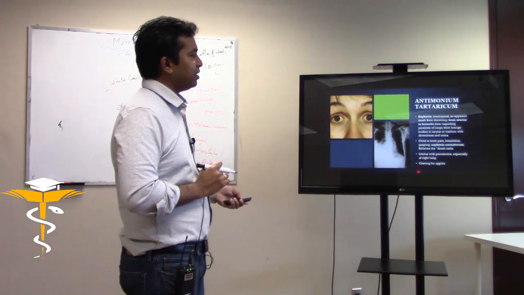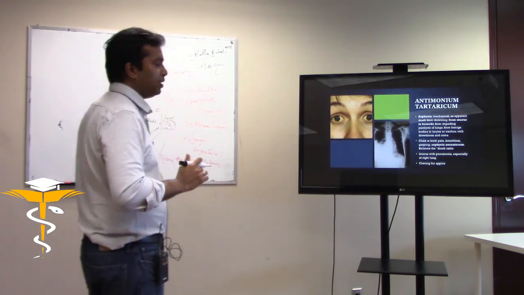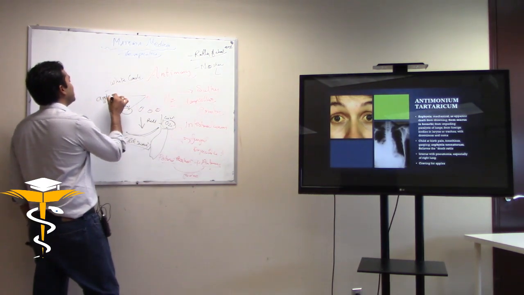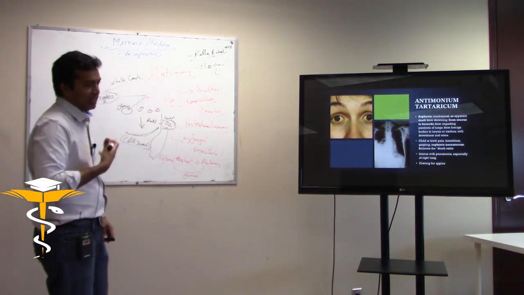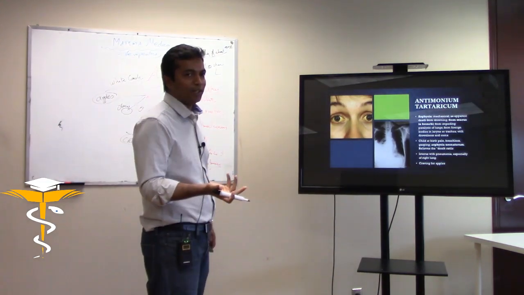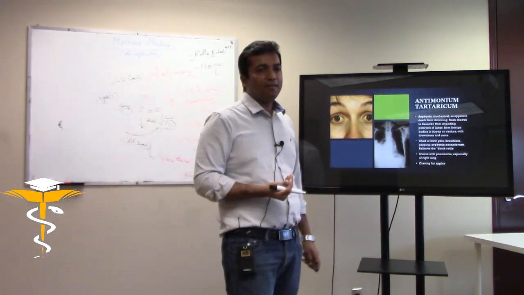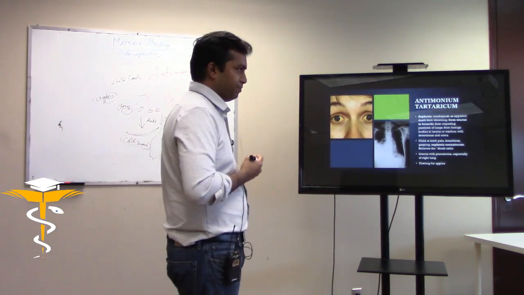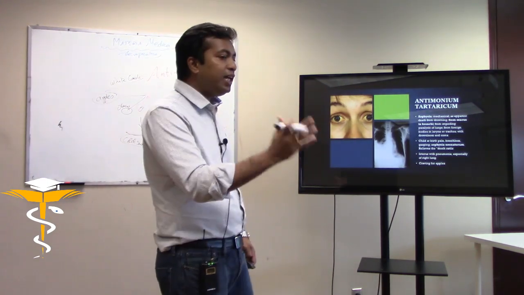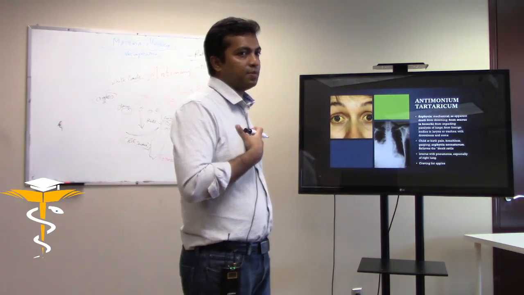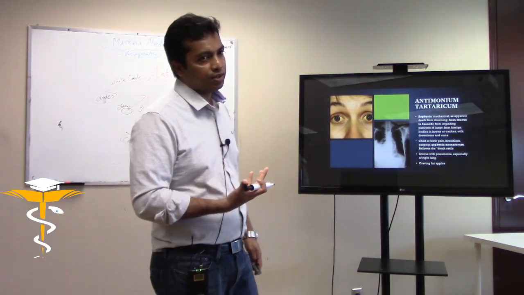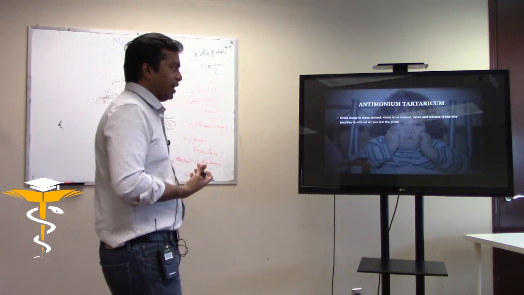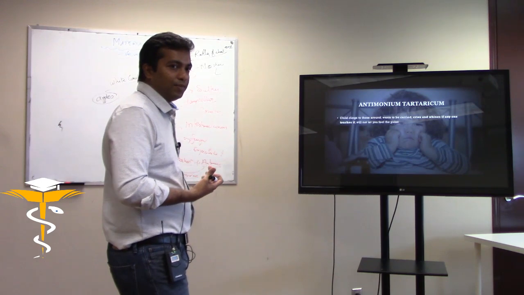What is the unique craving for Antimonium tart? Apples. I haven't got that in any of my patients because half the time when they are in distress, they are not going to tell me whether they love apples or oranges. But yeah, they have a craving for apples. This is their tendency. So you may find a mother saying she only eats apples, nothing else she eats when she gets this problem. That is a very unique symptom for us. We can use that. So how's the child looking?